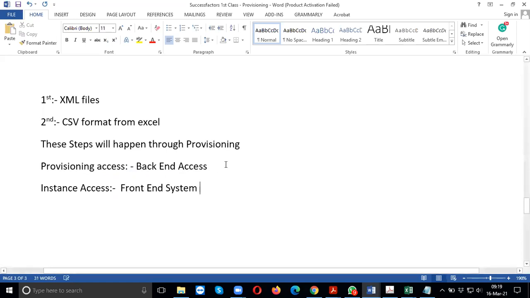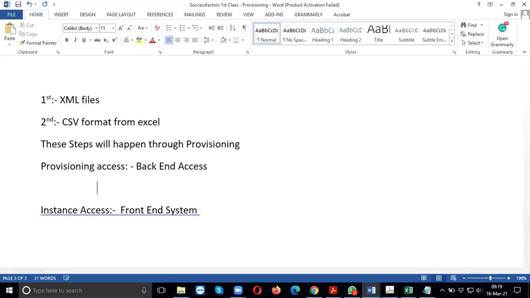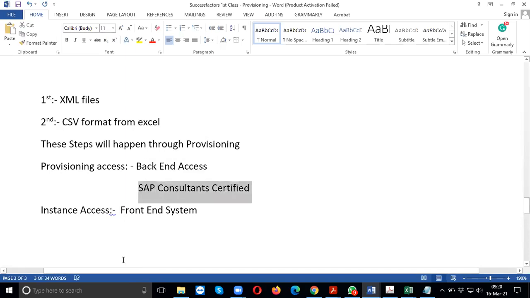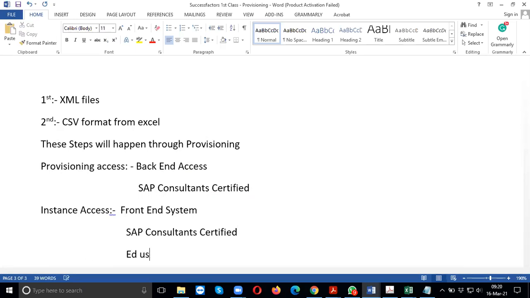This provisioning can be accessed by the SAP consultants, the registered consultants, sorry, the certified consultants. And the instance will be accessed by both SAP certified consultants and the end users as well.